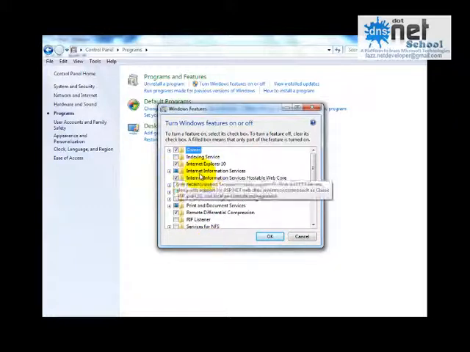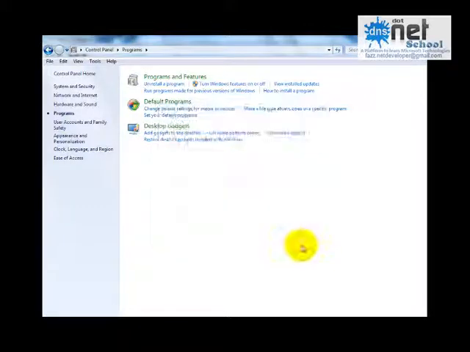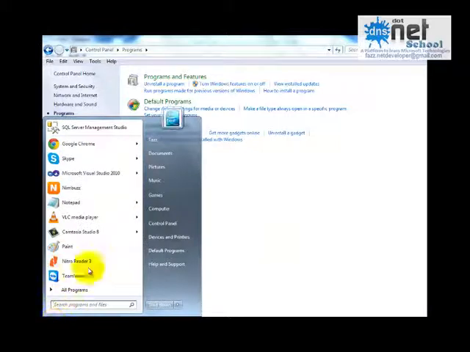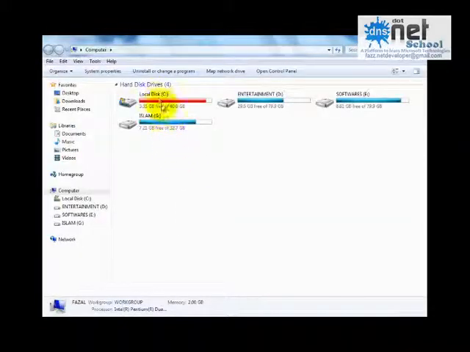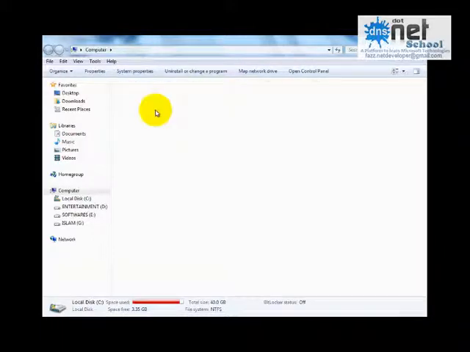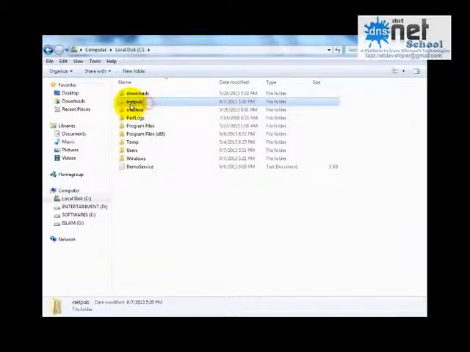After completion of that installation, in your C drive a folder will be created with the name inetpub.